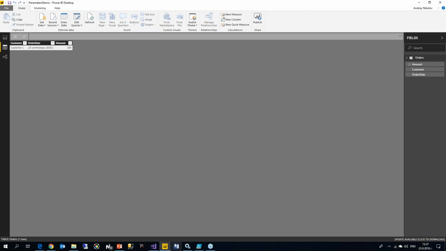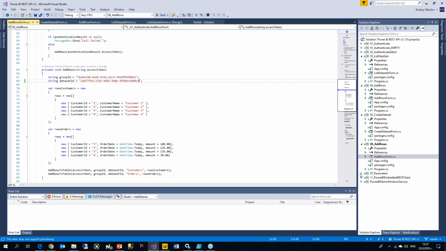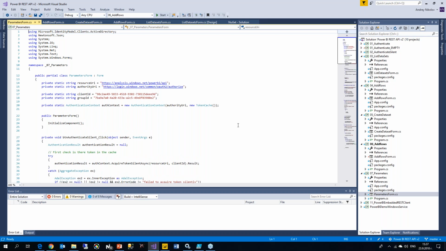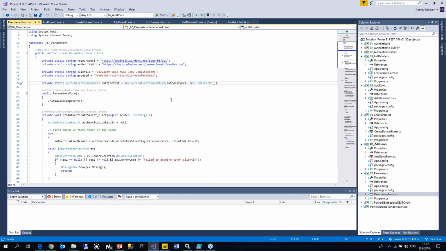And I would like to wrap up the demos regarding calling the APIs with one thing that I found particularly interesting. This is how we can work with parameters and refreshing datasets in the service. For example, imagine a scenario like this. You have a retail application,